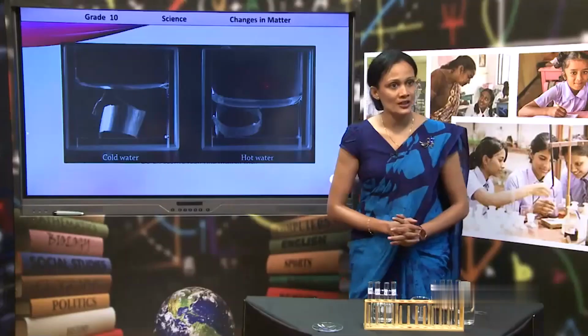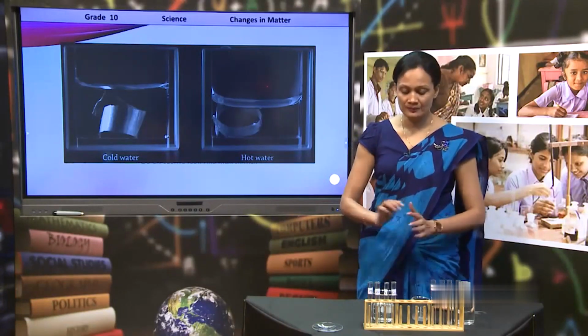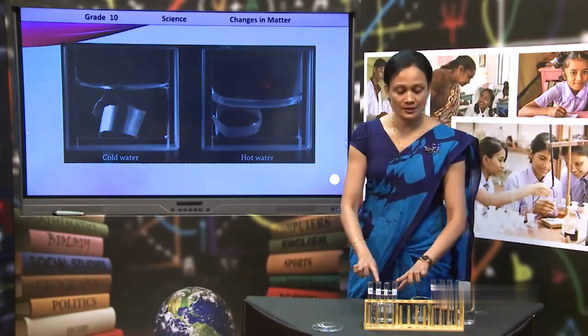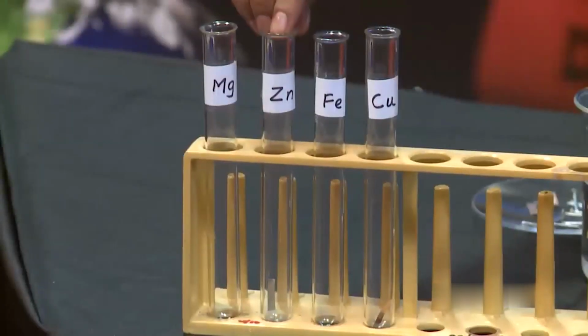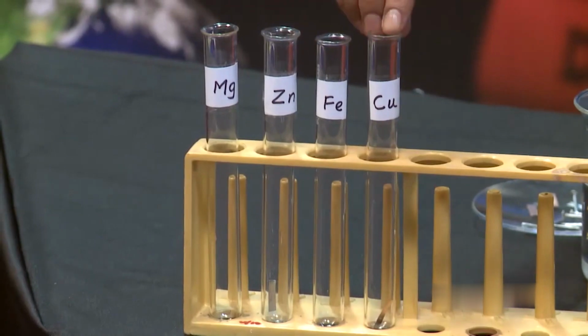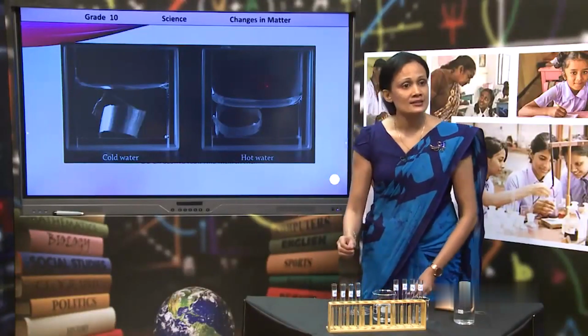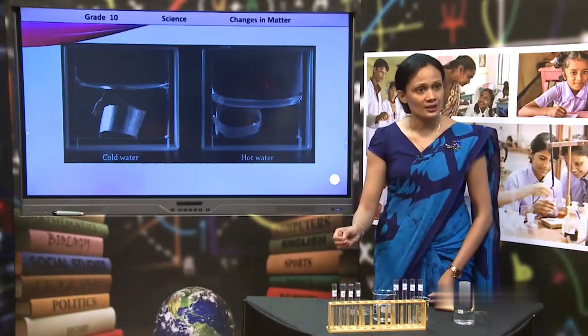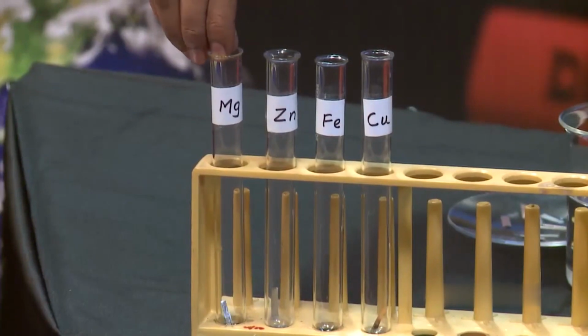Now I am going to check how these metals react with cold water. Here I have four test tubes labeled magnesium, zinc, iron and copper. Now I am going to add a strip of metal into each test tube. Here I put magnesium,